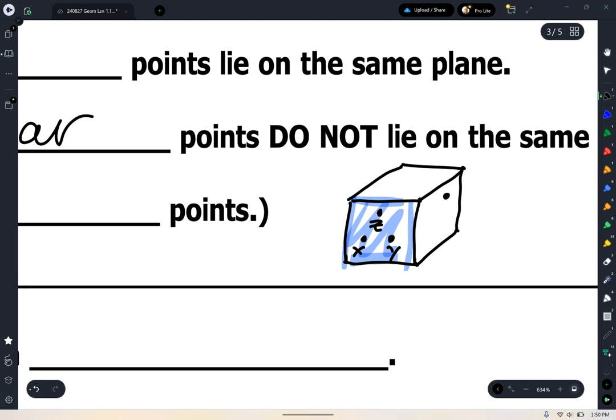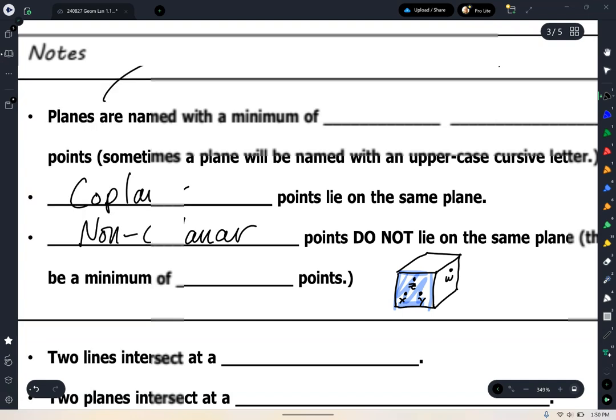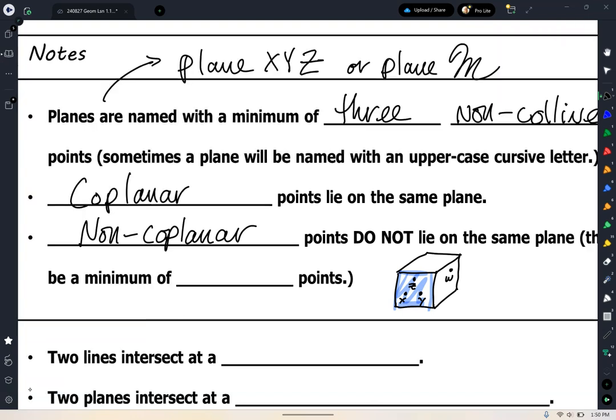Out here, put a W. That is a non-coplanar point with X, Z, Y. See it? Because it doesn't sit on the same flat two-dimensional surface as X, Z, Y. So then how many points would we need to have non-coplanar points? We'd need a minimum of 4, huh? Okay, good. All right, so non-coplanar points are going to be 4 points that don't sit on the same flat